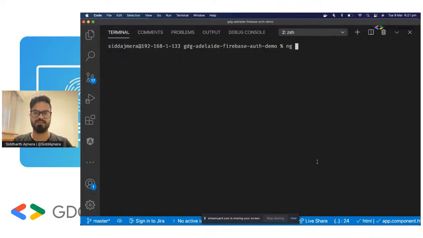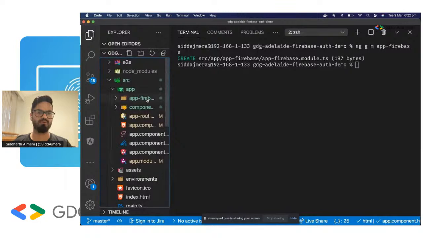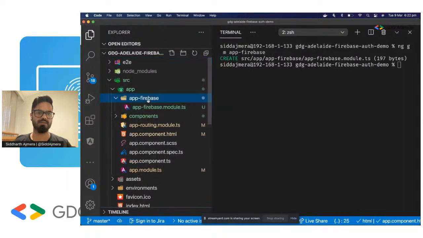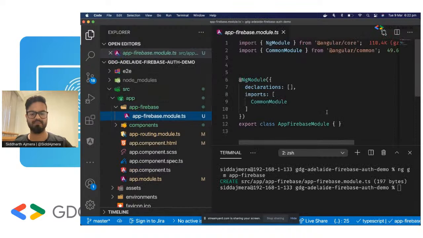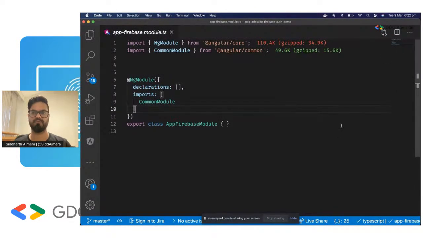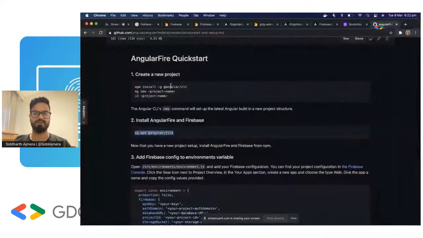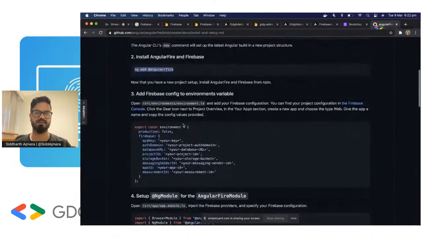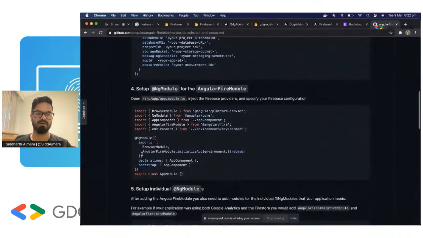So I'll generate a module this time around, and I'll call this app-firebase. This is going to create a new module file for us, which it generated right here, this one. And this is where we make things specific to Firebase. I think the first thing that needs to be done is to initialize the Firebase app from the Firebase console in our Angular application. There's a specific thing that we need to do there. We have to import the Angular Fire module and then call initialize app on it, and also pass it some